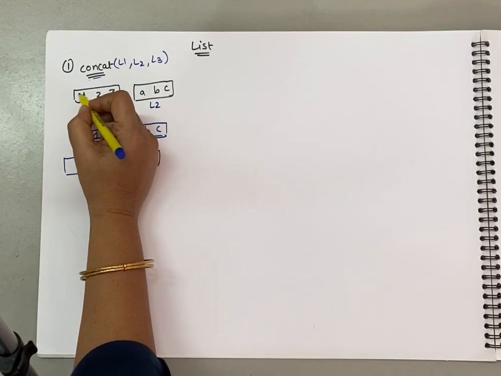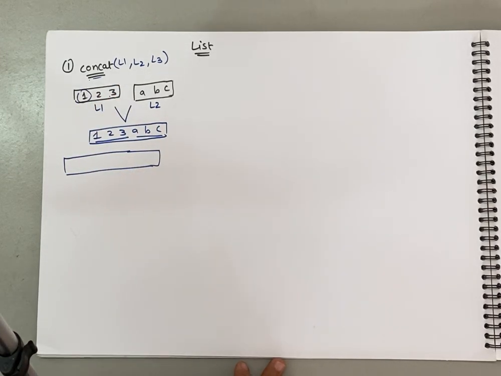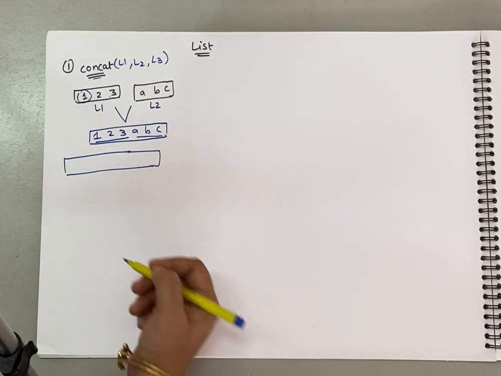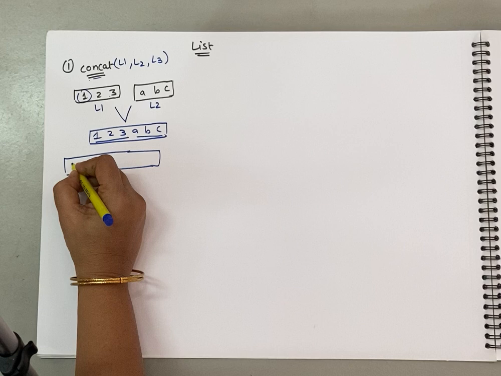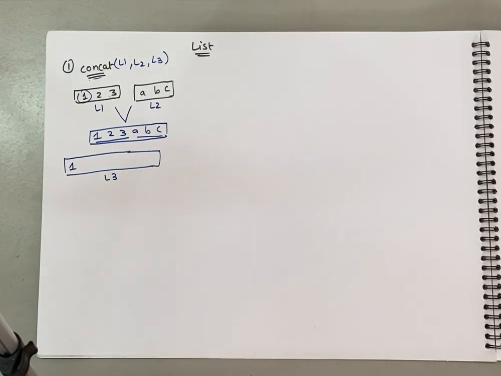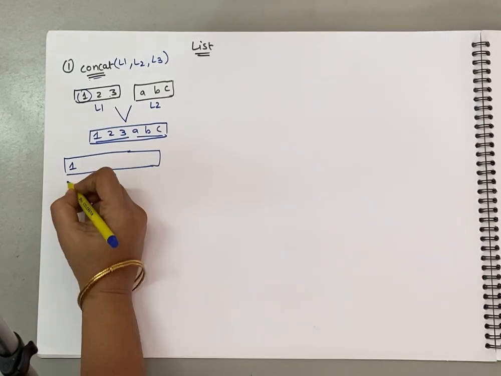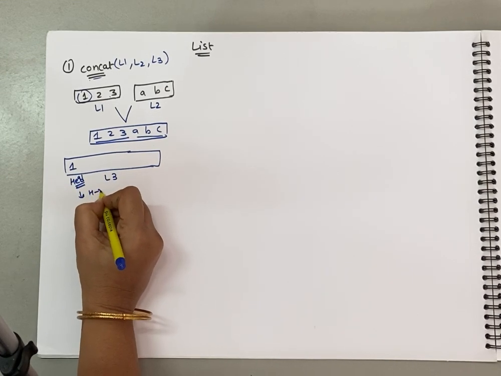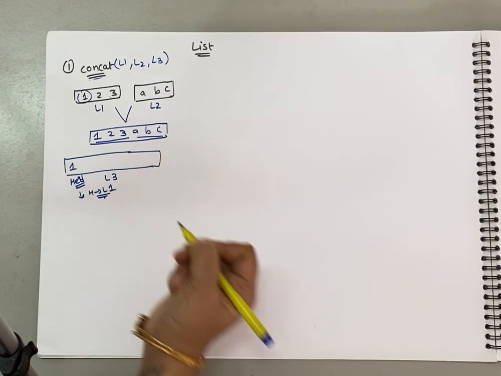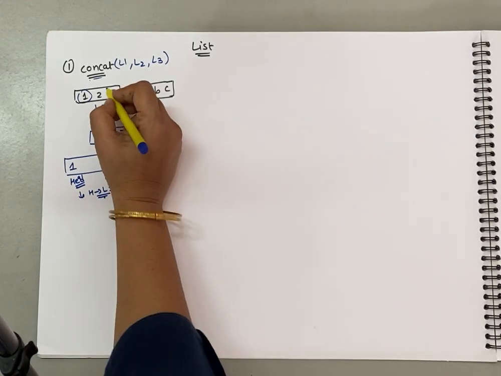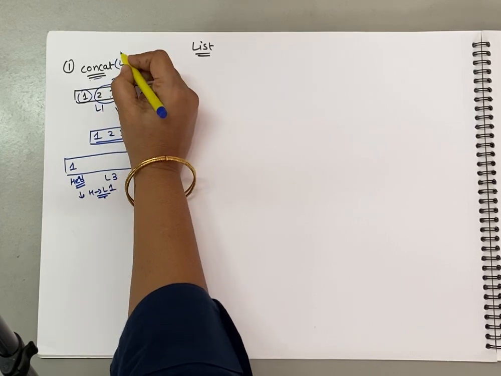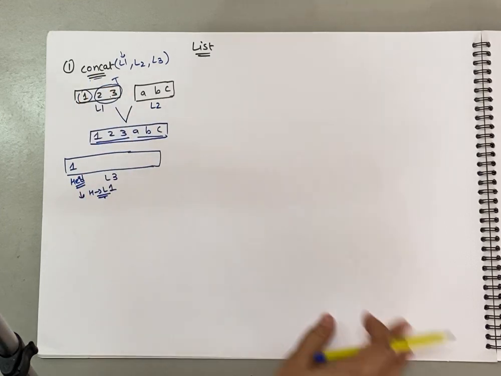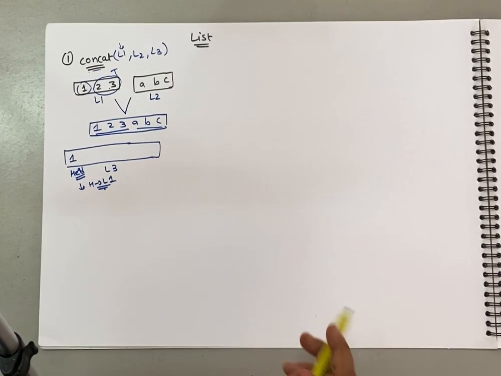The first element of list 1, we all know that in a list only one element at a time is accessible, which is called the head of the list. So in this case 1 is the element which is the head of the list. So that should be copied first of all in the resultant list. Let us say this is L3. So in L3 the head element should be the same as the head element of list 1. It is very necessary. Then what should happen? The remaining, that is the tail of L1, should be recursively passed to which function? Concate.